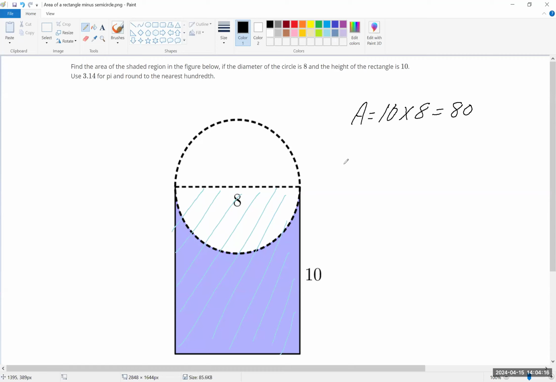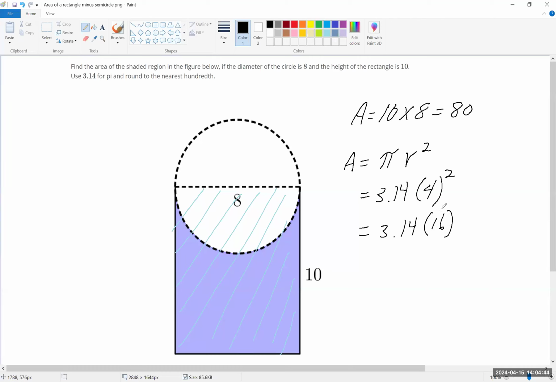So the area of the circular region is going to be given by pi r squared. Now they told us to use 3.14 as pi. The radius is half of 8. So that's 4. So it's 3.14